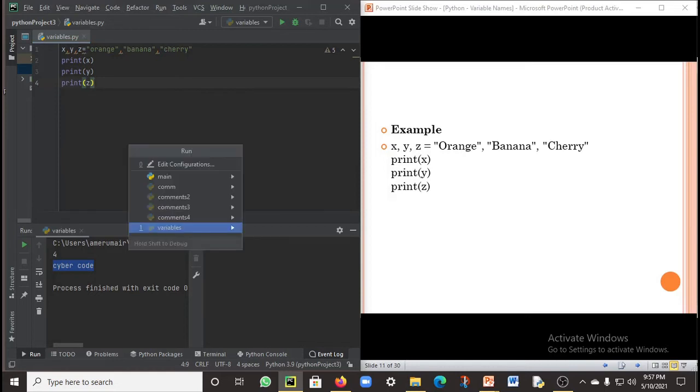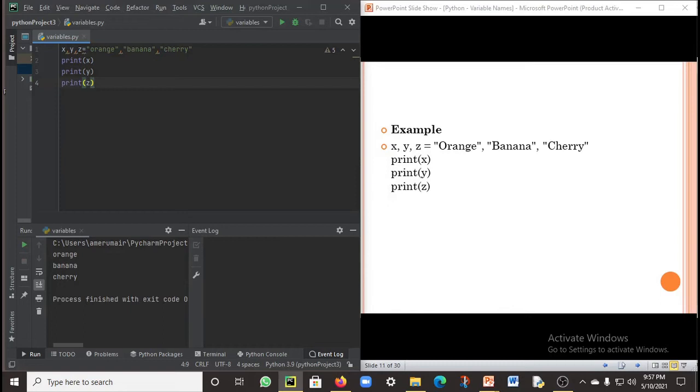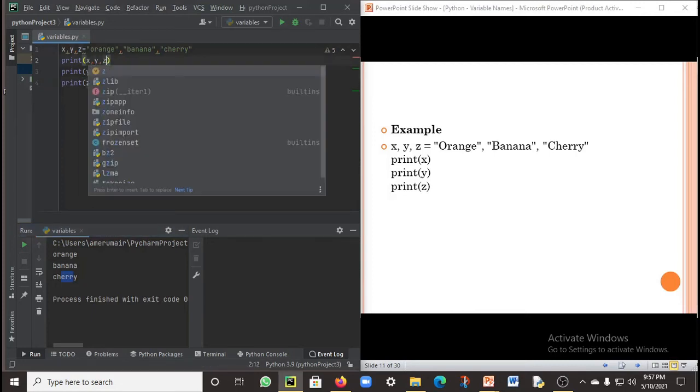This is going to give you the output in a linear form. As you have seen, I have got output as x orange, y banana and z cherry. So this is how it works.